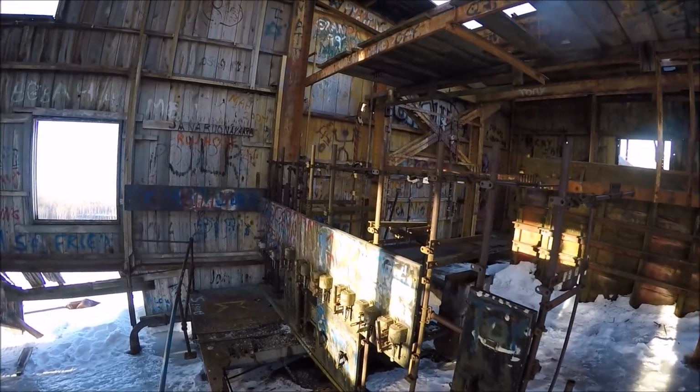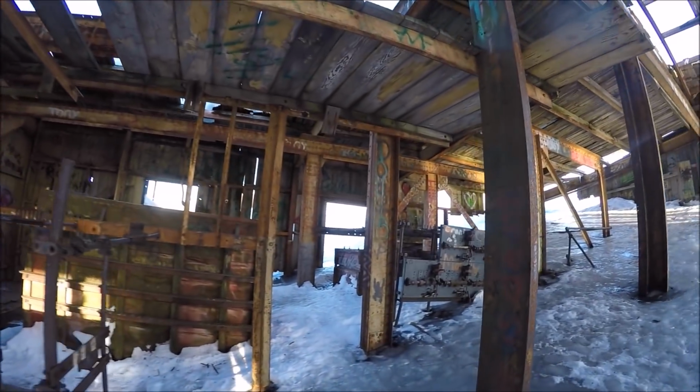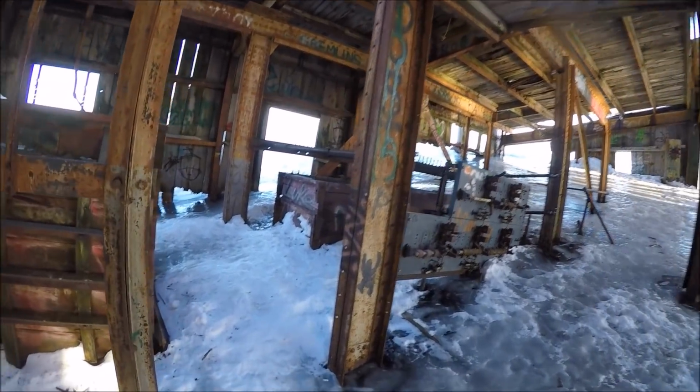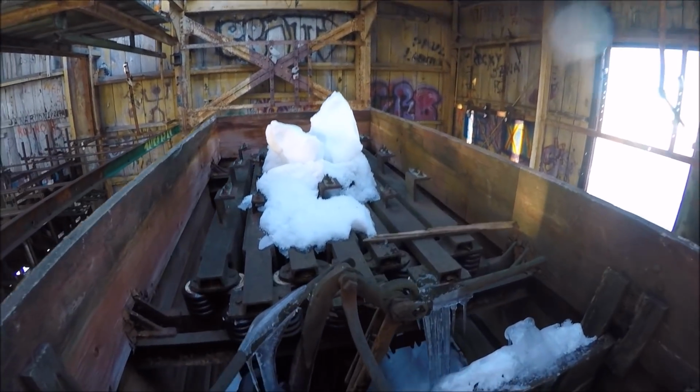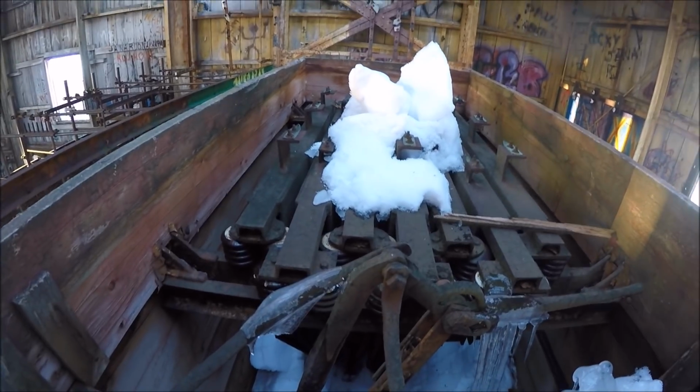So there's some old switches over here and over here as well. A large wood container full of ceramic electrical equipment. Now if we go out the back here,